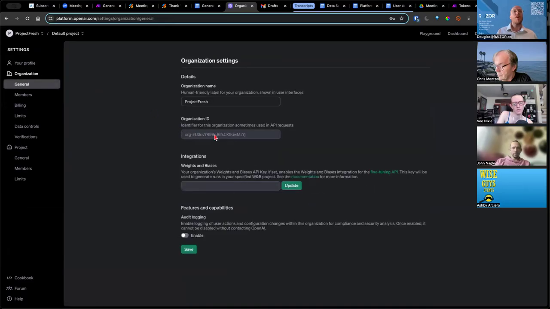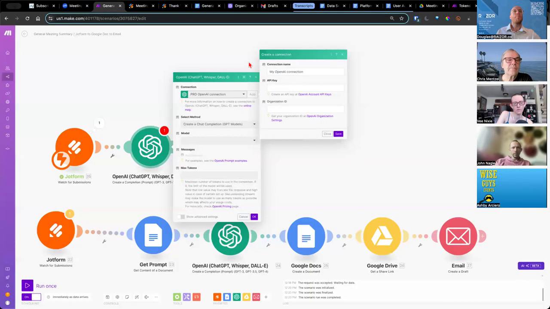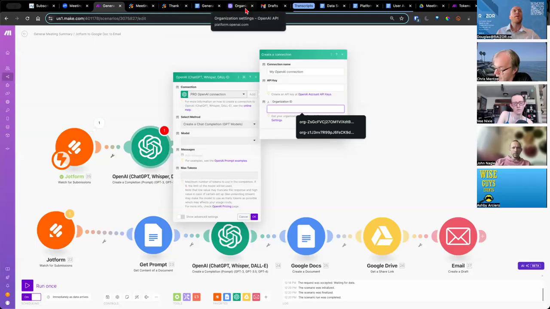and then you would go into general. Here's your organization ID. So we clicked on the gear, we clicked on general and the organization ID, you would copy that, plug it into your organization ID here. And then also you would go into